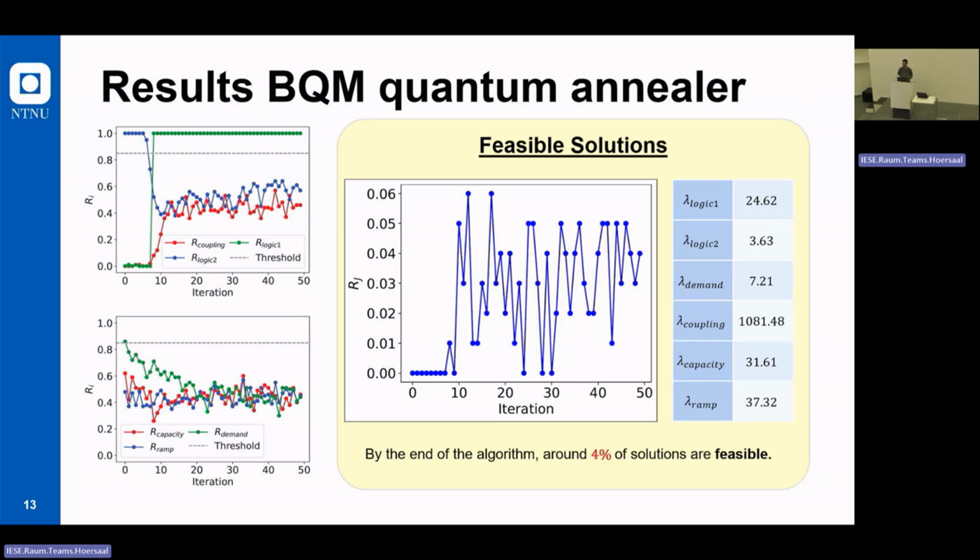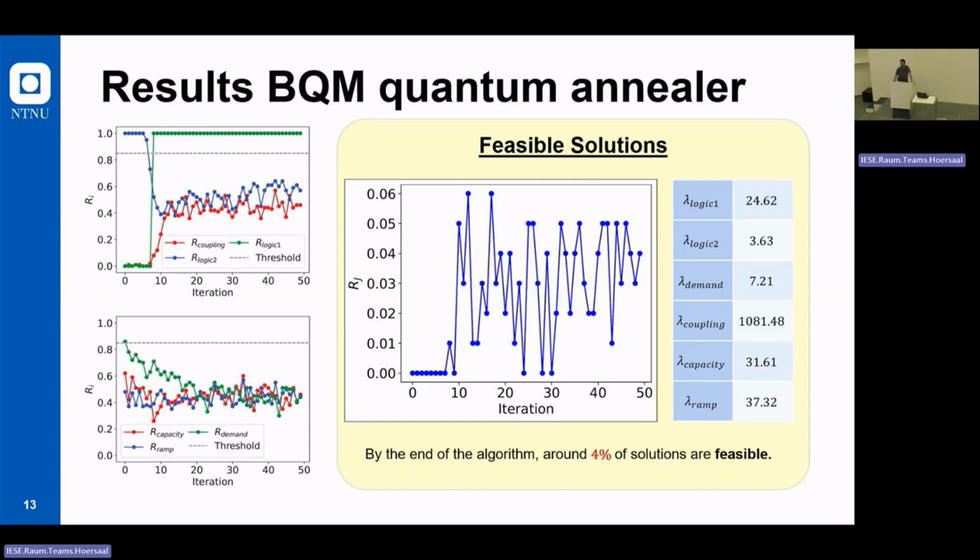You observe, so ideally they would always increase, not every iteration, because that's why you do this, to increase these feasibility ratios. But you have to keep in mind that the more you increase a multiplier, the less feasible other constraints are. So in the end, it's about trying to find the sweet spot between all the constraints such that we have as many solutions which are feasible as possible.